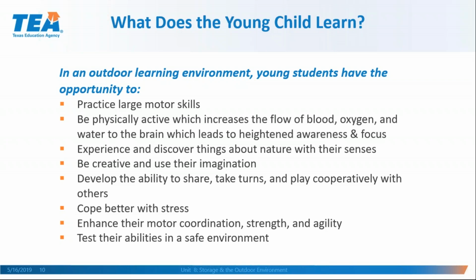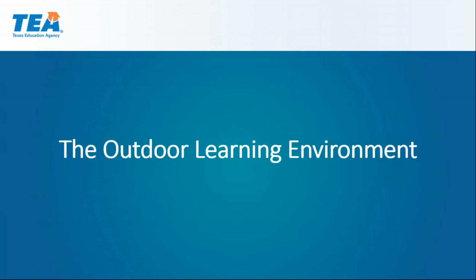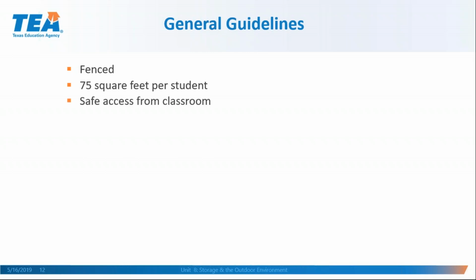So what we're going to go into now is, if it is that important, then how can we make it the best it could be? So we're getting all the gusto we can out of a really good environment. The next slide is going to show you just some general guidelines. Obviously, with the age that we're talking about, we would want a fence around the yard or the play area that is outdoors. It is common to say that you should have 75 square feet per student on the playground,